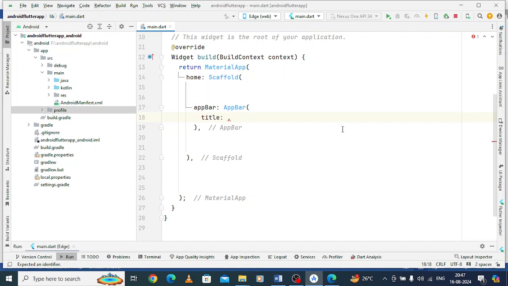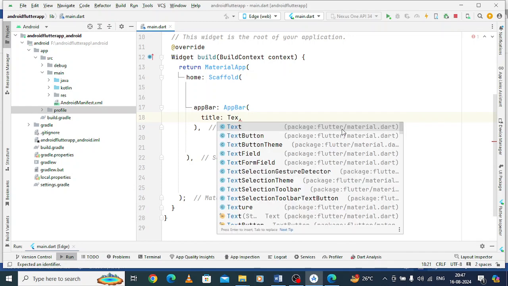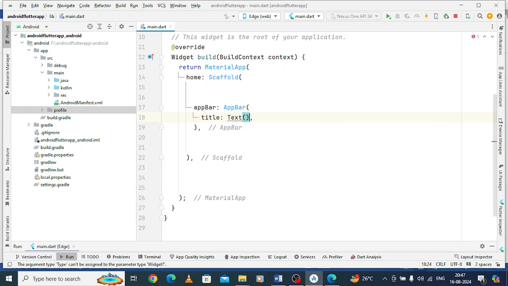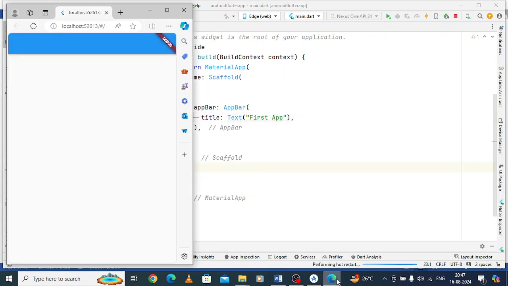So here if we go for your title, you can say that this is your text, and I'm checking that text here: this is my first app. You can see that this is your first app, but okay, we'll do it later. So now one thing is covered, that is the top part is here,